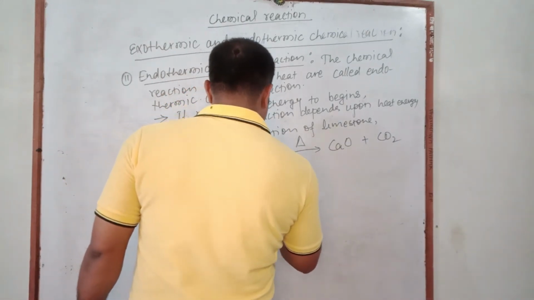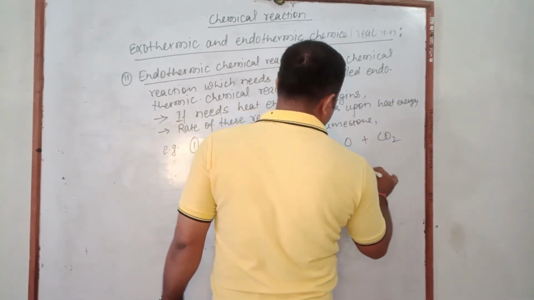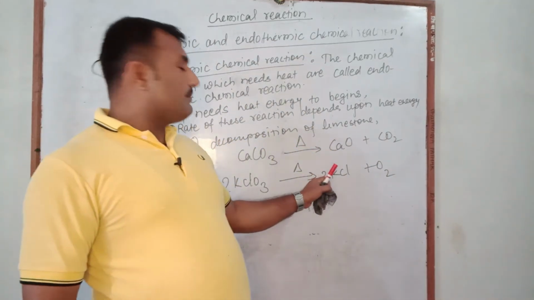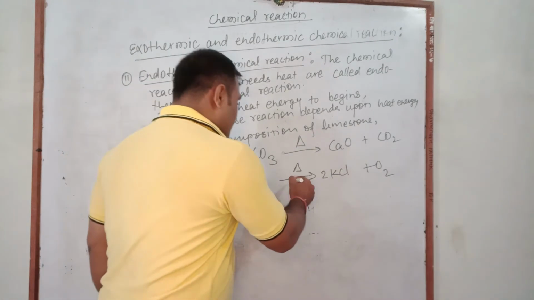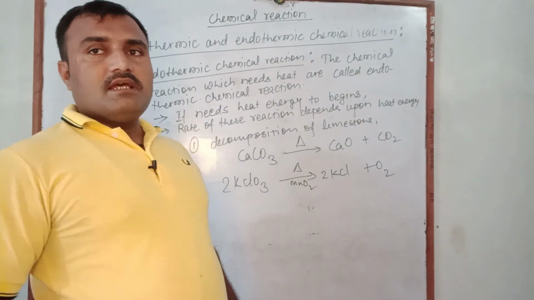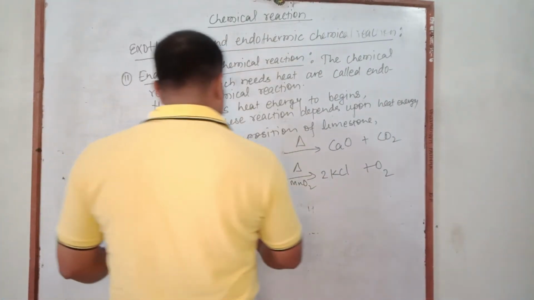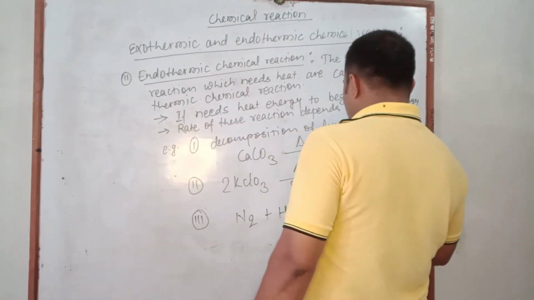Potassium chlorate decomposes into potassium chloride and oxygen. This reaction depends upon heat energy. When we give heat energy and an additional catalyst, manganese dioxide, only then does this reaction begin. Nitrogen combined with hydrogen gives